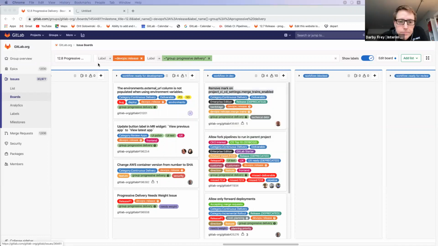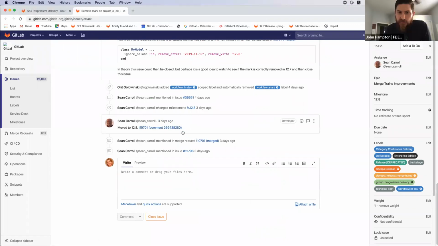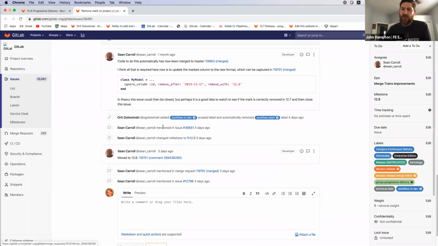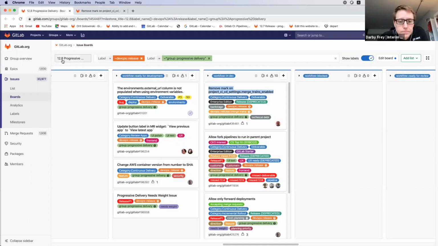Yeah. Yes, I believe Sean is going to pick this up as he's pretty deep in it, and it was a relatively small issue for him to accomplish, so we decided to keep it with him versus moving it to progressive delivery. Okay, cool. Just wanted to make sure we didn't lose track of that one, thinking that someone else was doing it. Yeah, absolutely. Okay. Thanks.